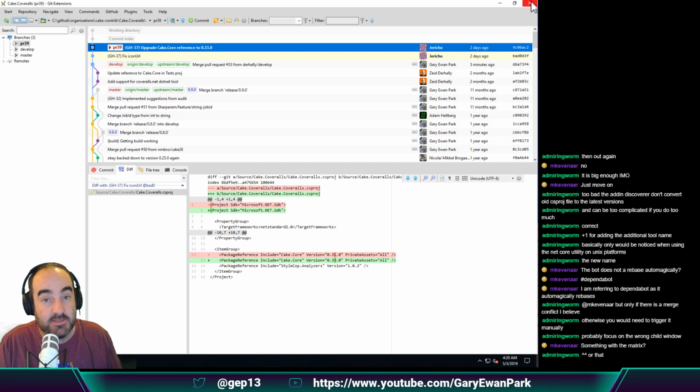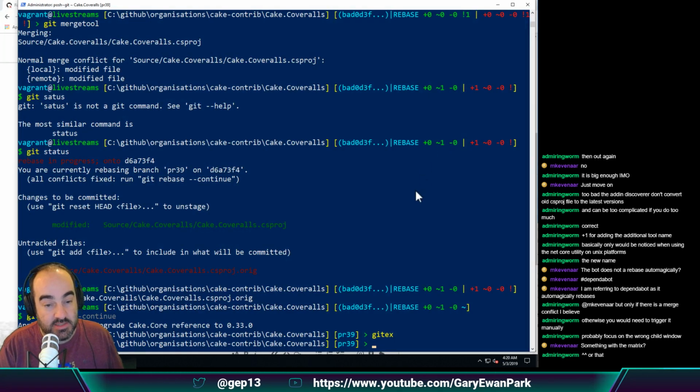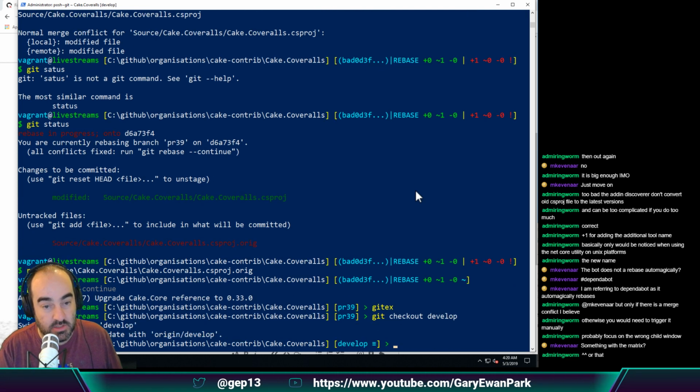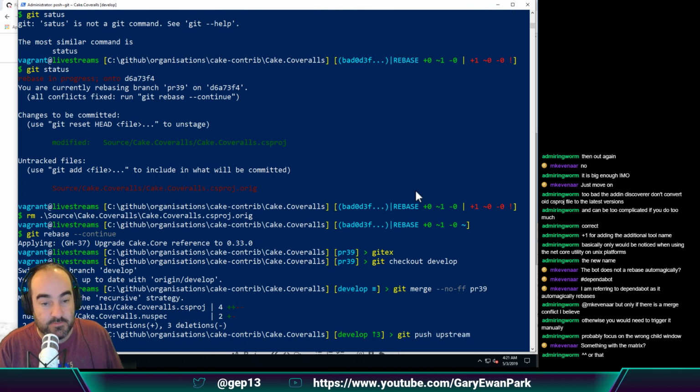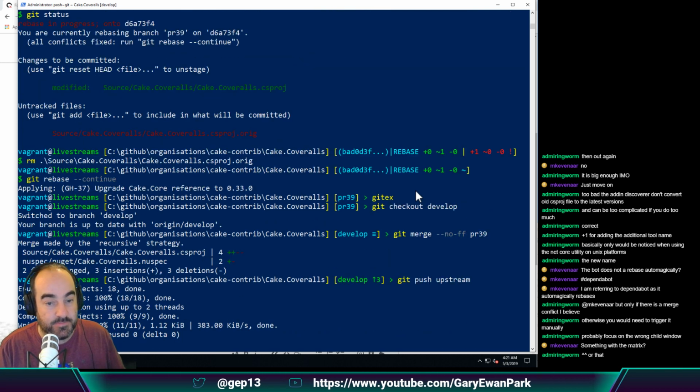So that's perfect. Okay, so I'm going to go ahead and say git checkout. Because we've done a rebase, that PR is now going to be out of sync. So we're not able to merge it via the PR, but we can do a merge locally. So we can do a git merge, no fast forward from the PR branch there. And then if we push that to upstream and then origin,